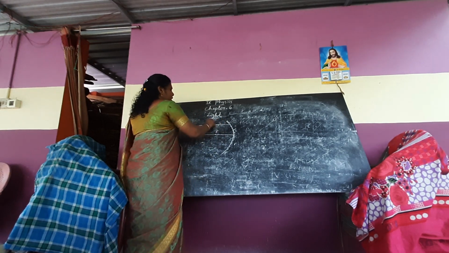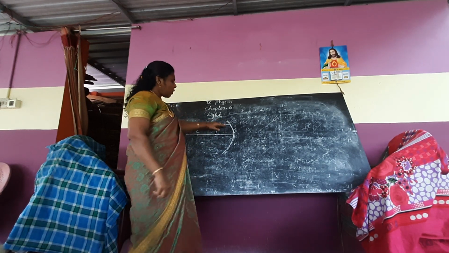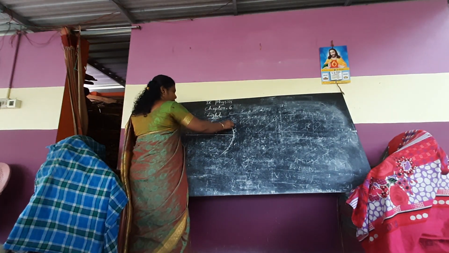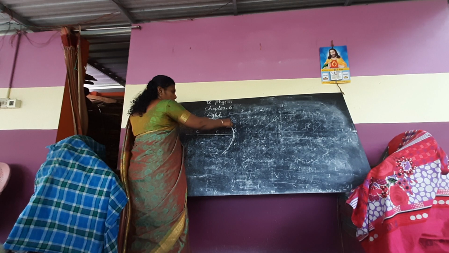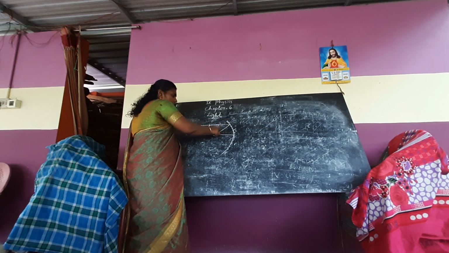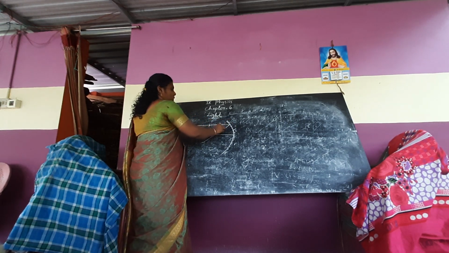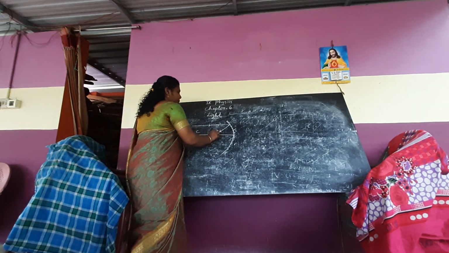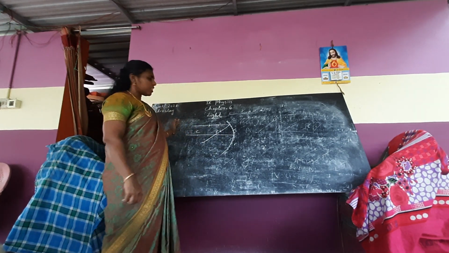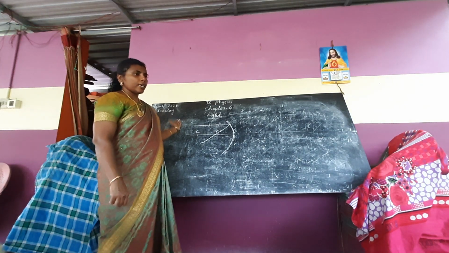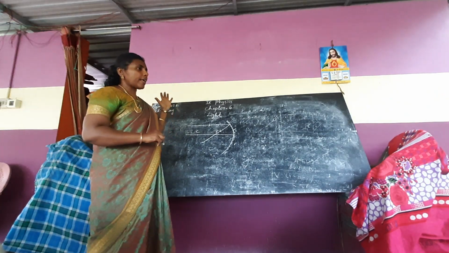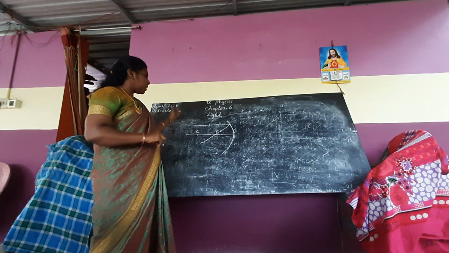This incident ray passes through the concave mirror. After reflection, where will it fall? Which way does it want to go? It falls through the principal focus. So this is the first one. Okay. Now here the object is at infinity. Infinity means we cannot find the distance. So the object is at infinity.